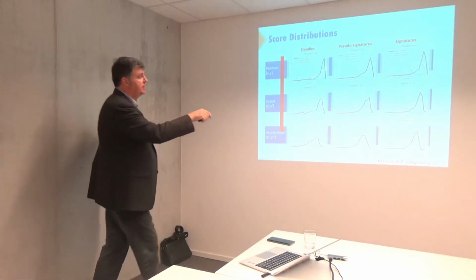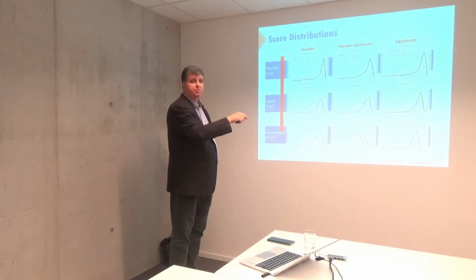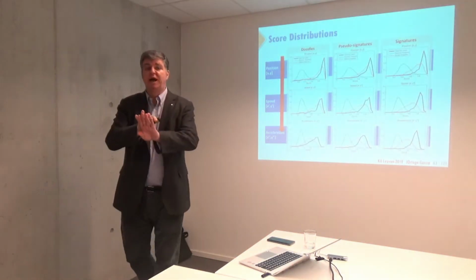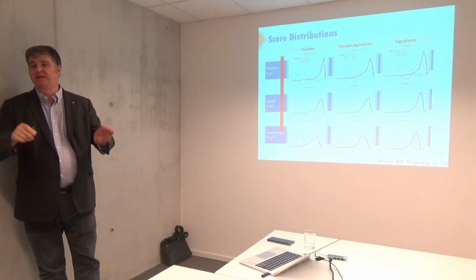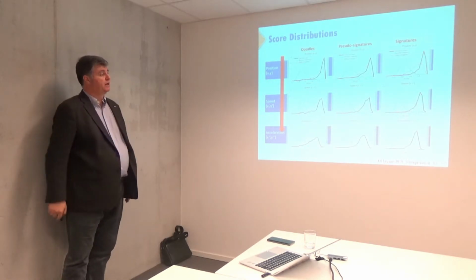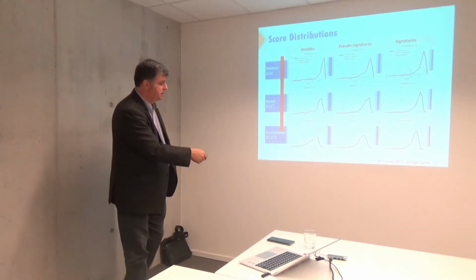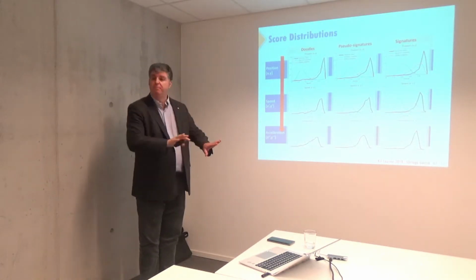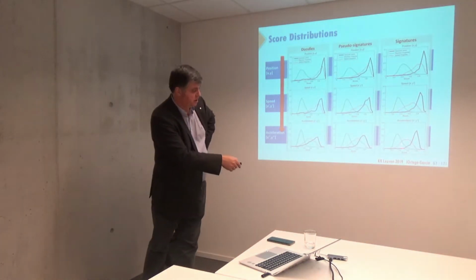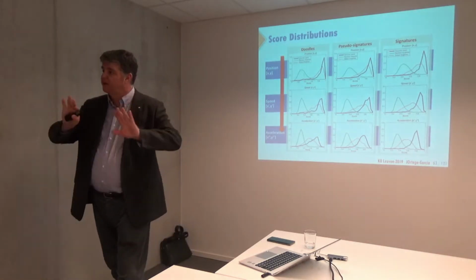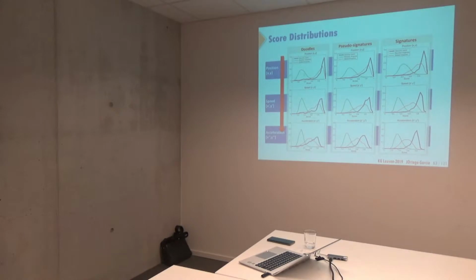What can you see here? That the skilled forgery distribution very much overlaps with the genuine distribution. It is very difficult to separate that if you only use X and Y. But if you include speed and acceleration, these distributions do not overlap as much as in the first case. Here, you can more easily separate those populations.